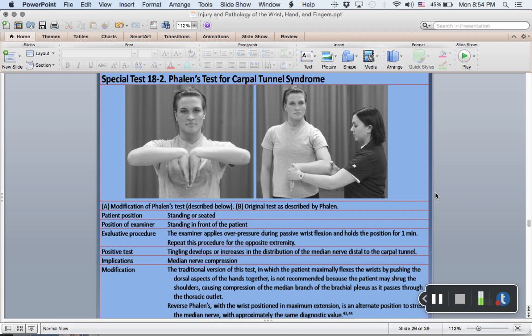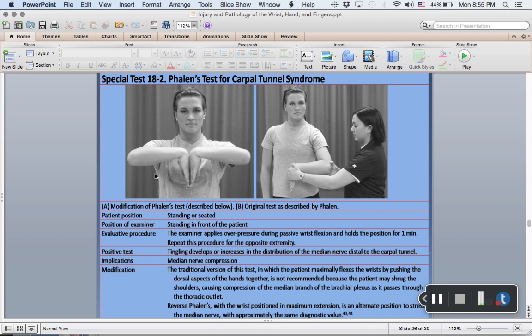So in the first picture, the girl does it manually by herself, which works pretty well, but if they have any kind of shoulder or elbow impingement issues, it could show a false positive. You can see she's holding it all the way up here, and the elbows are at 90. So maybe it's not just testing the median nerve at the wrist, but it could be impinging it